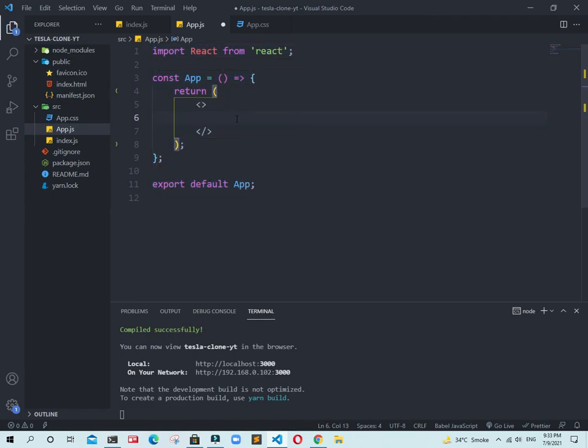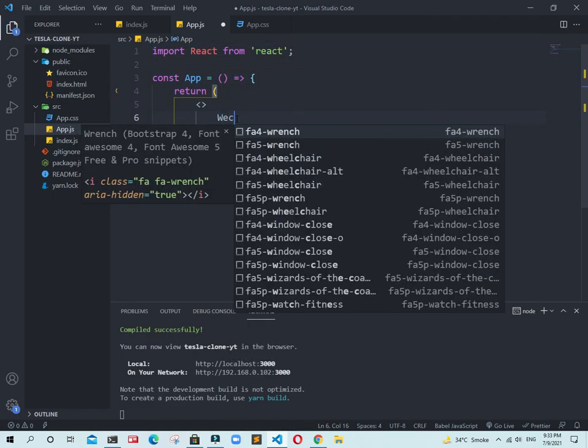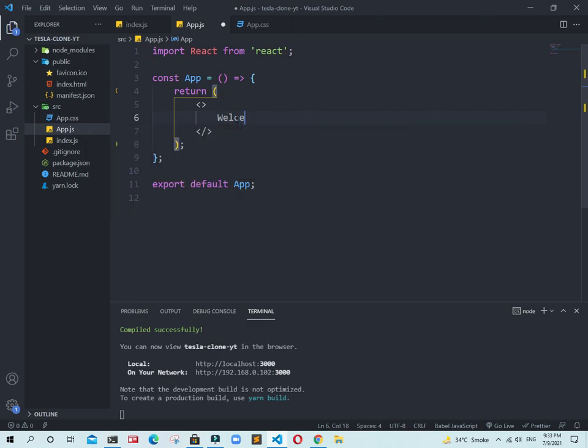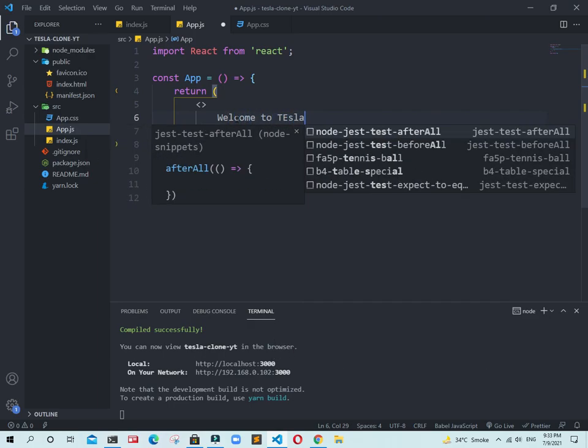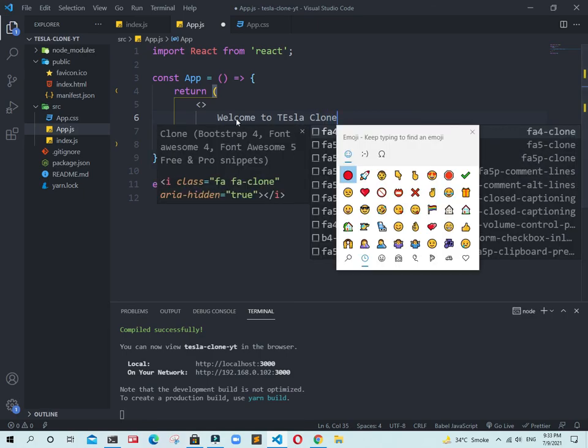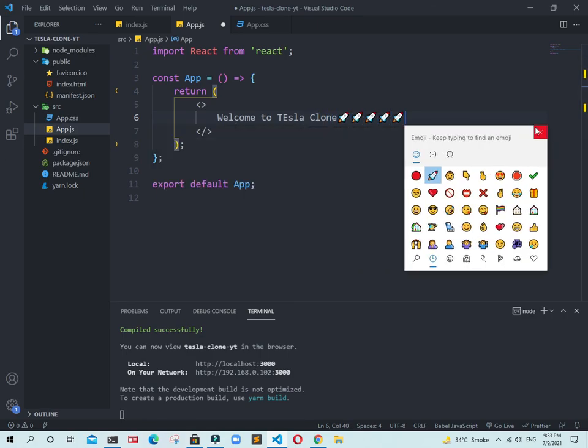Now I am going to type here, welcome to Tesla clone. Yes, I am also going to add some emojis.